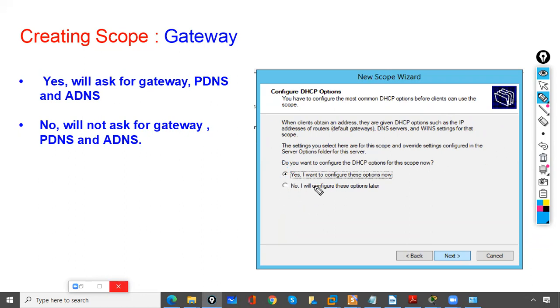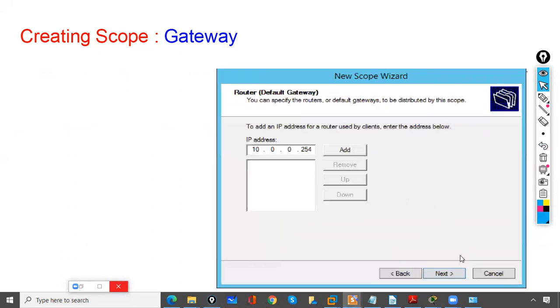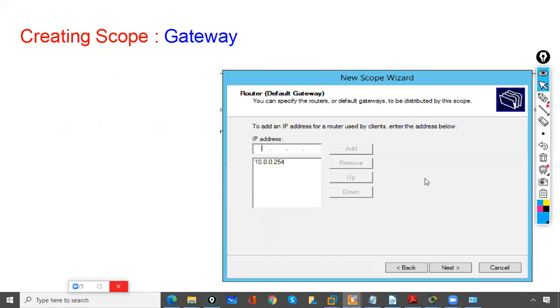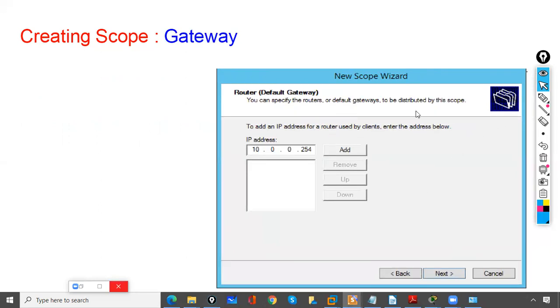Okay, if you select yes, it will ask you for the gateway, PDNS and ADNS. If you select no, it will not ask for any gateway, PDNS and ADNS. We need to configure it later. Then we'll click next. We'll go with yes, and we'll click next. And here, as we have discussed, if you select the yes option, it will ask you for the gateway. So we need to provide the router IP address. Let us say our router IP address is